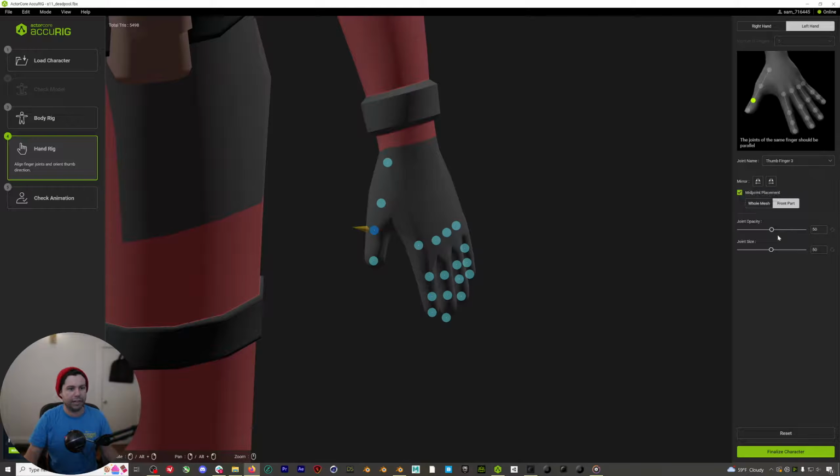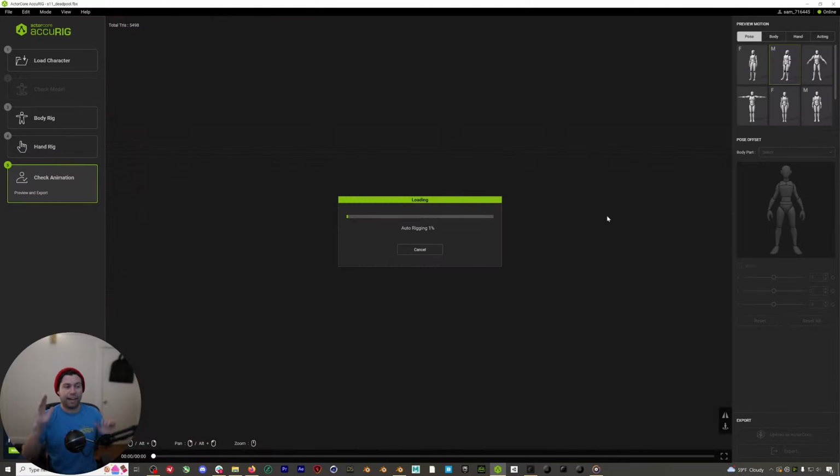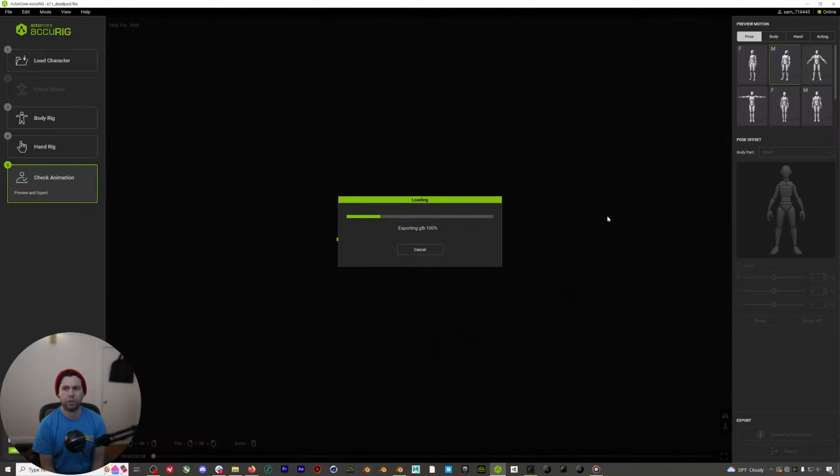There's all these things that you can kind of change. You can change the joint opacity. Lots of little things. But really, I've found right out of the box, it's amazing. Finalize character. And it's done, which is so great. Because in Mixamo, especially for fingers, you couldn't go in and make sure that they were right, and you'd often get very bizarre choices